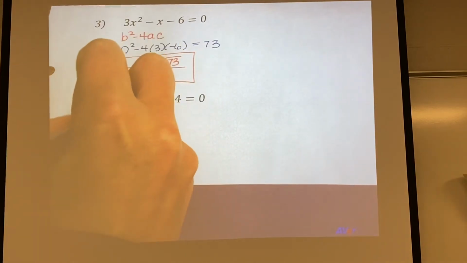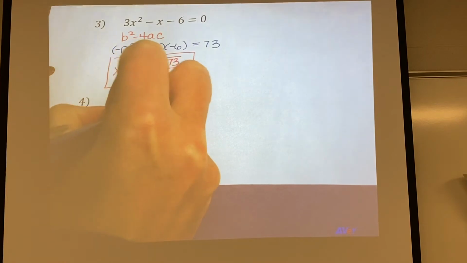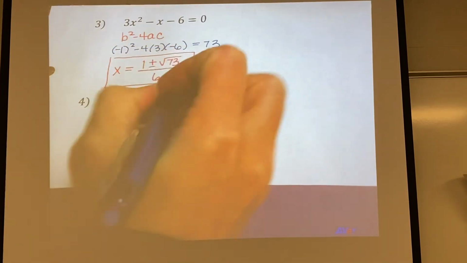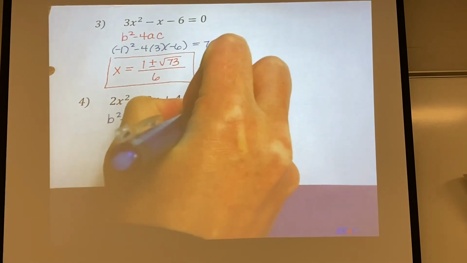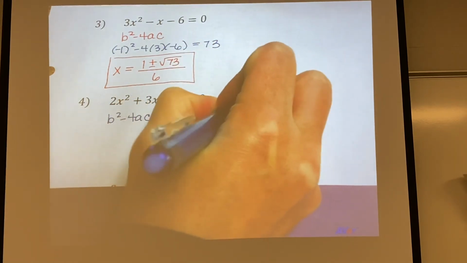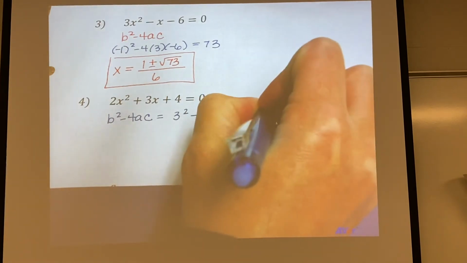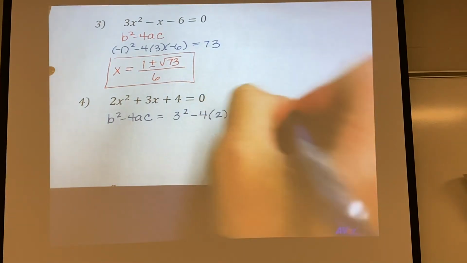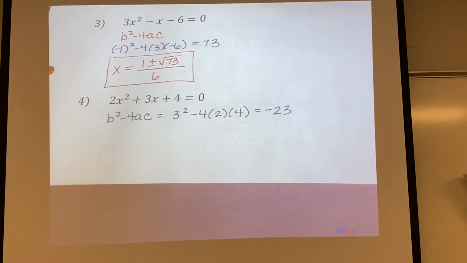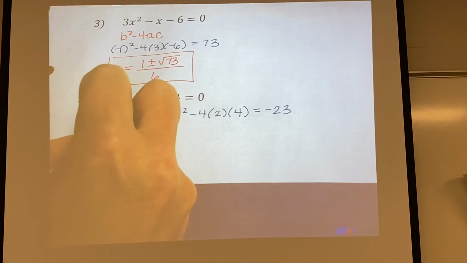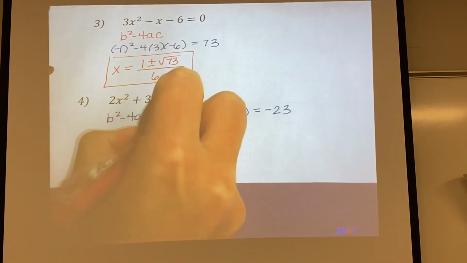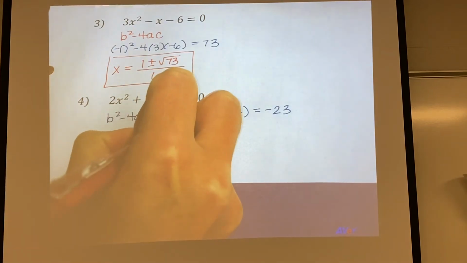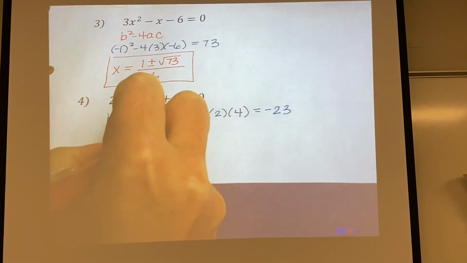All right, so again, I'm going to find the discriminant first. B squared minus 4ac. So that's 3 squared minus 4 times 2 times 4, which equals negative 23. So we're going to get some non-real solutions this time. Stick it into the regular quadratic formula. Opposite of b plus or minus. Instead of doing that whole b squared underneath here, we just have negative 23 all over 2 times a,